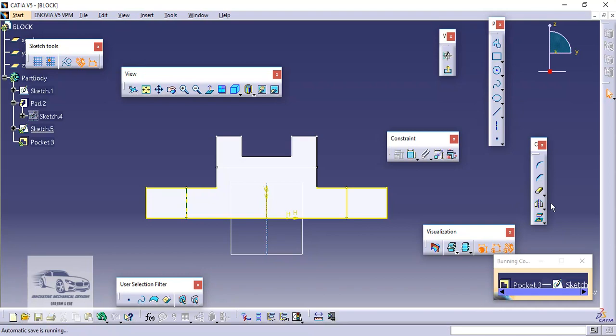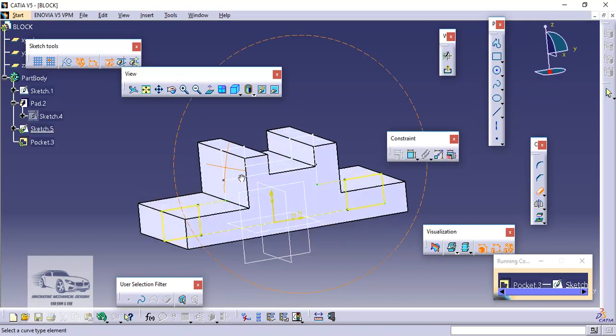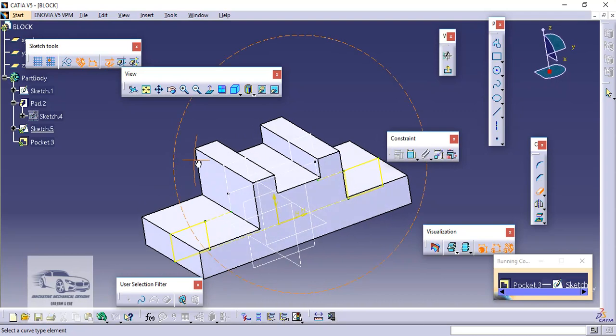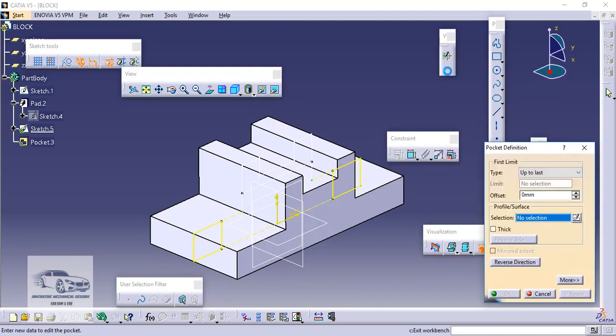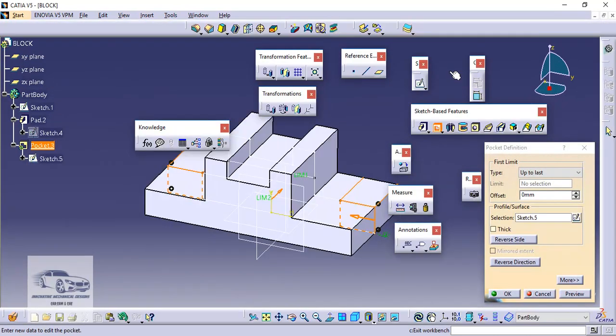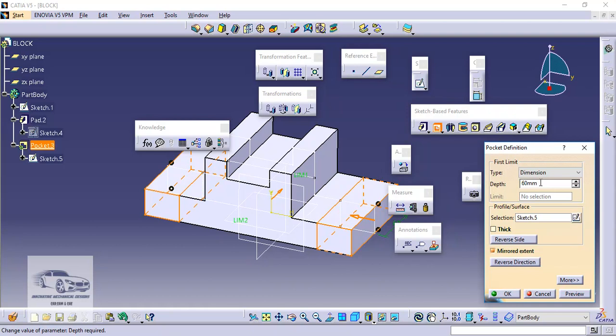And now we will trim out the unwanted edges. So this is the profile, exit. So here I will take the option of dimension, mirror extent.